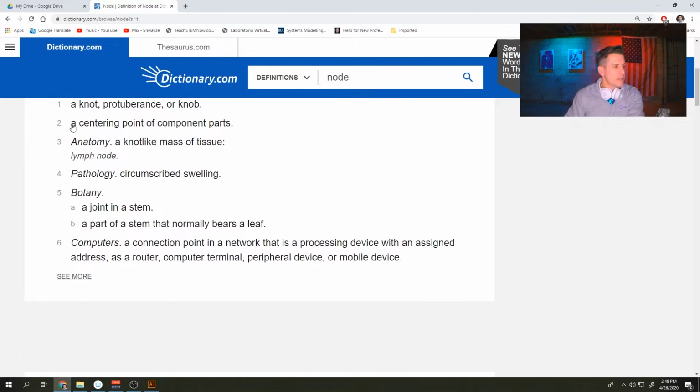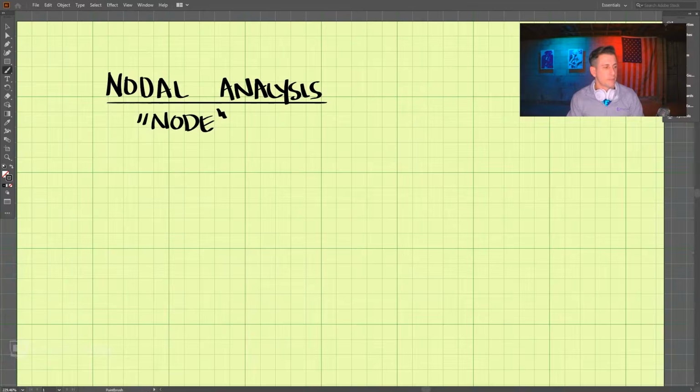node is actually a centering point of component parts. So we're looking at this definition too here, but it can also mean different things depending on the context. But in this case, in this class, we will use a centering point. So we're talking about a single point. Nodal analysis. Okay, so the root word node here,